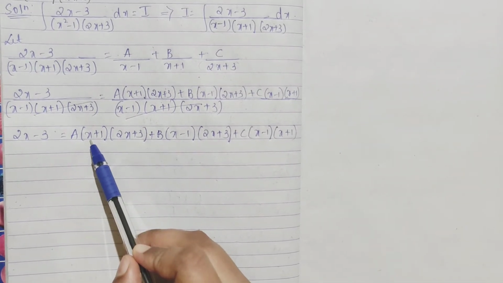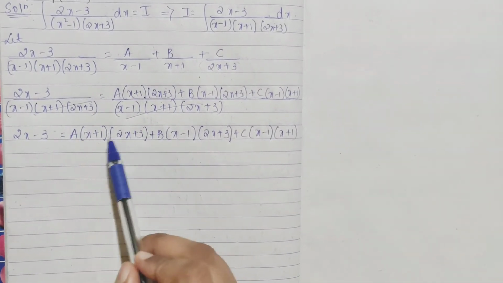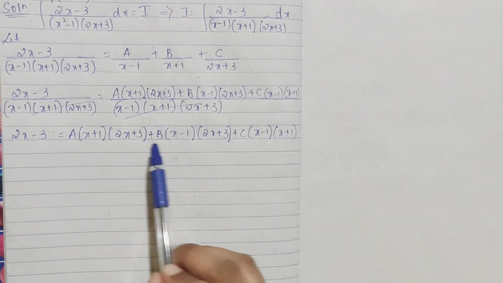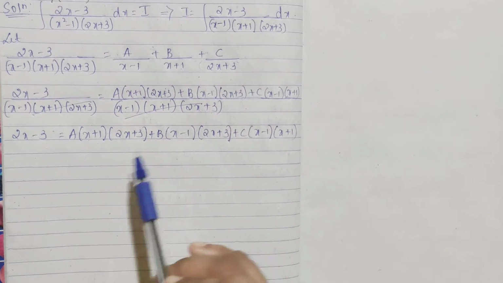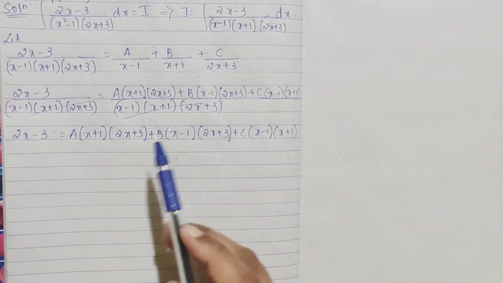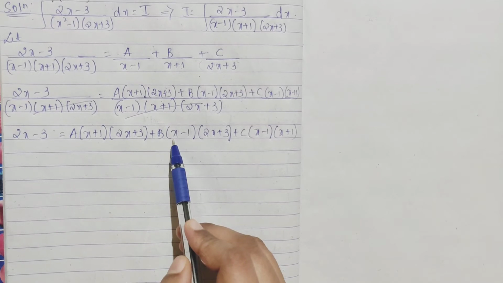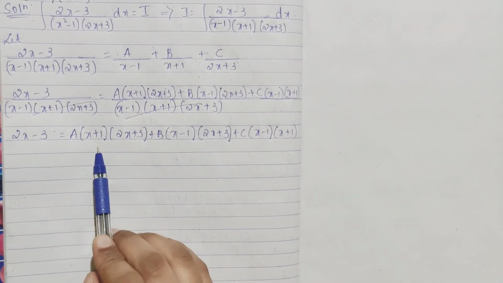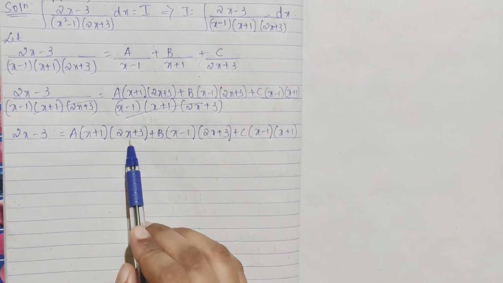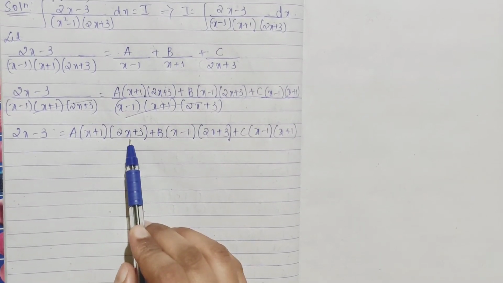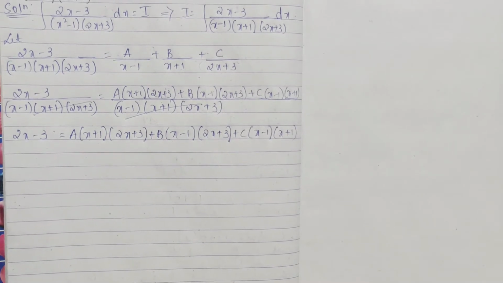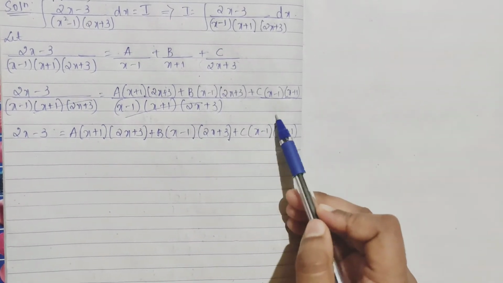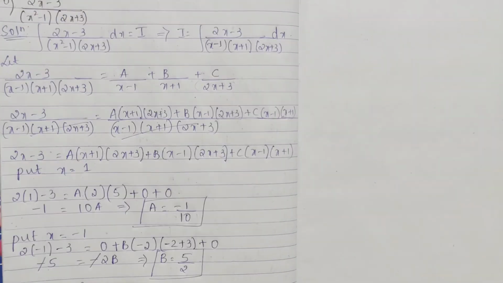See, if you put minus 1 here, your A part will be 0, right? Minus 1 plus 1. Even your C part, minus 1 plus 1. So A and C become zero, and you will have B, so you can find the B value. In the same way, if you take plus 1, B and C become zero and you will have only the A part. And if you take x equal to minus 3 by 2, this part and this part will be 0, and C you can find out.